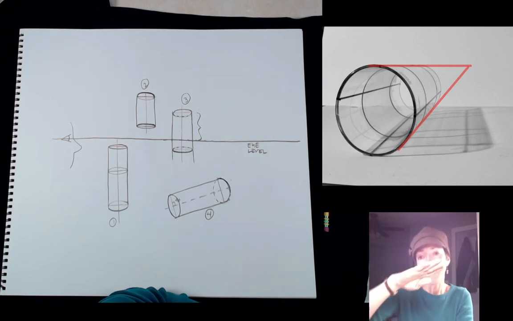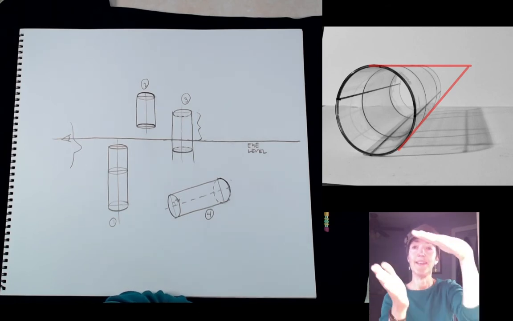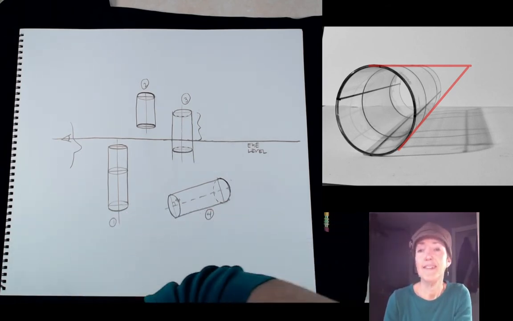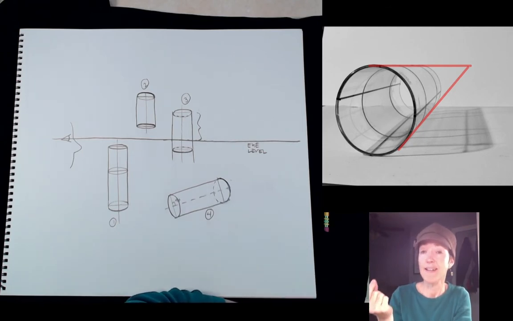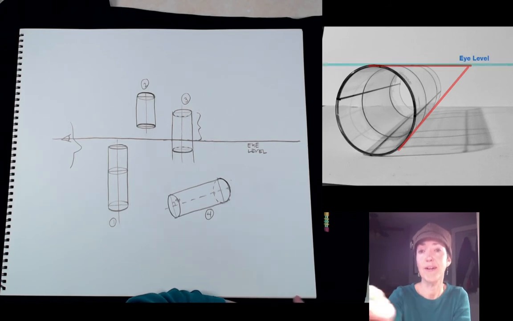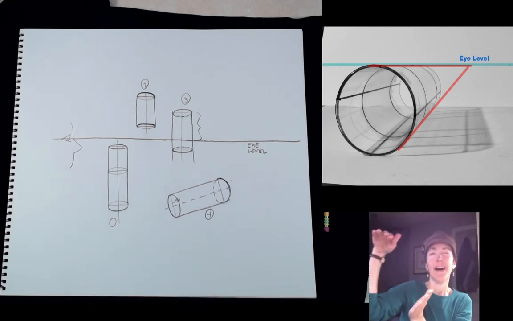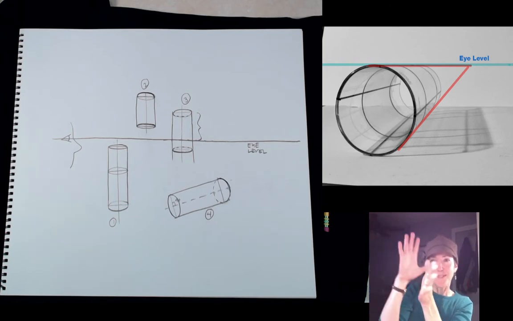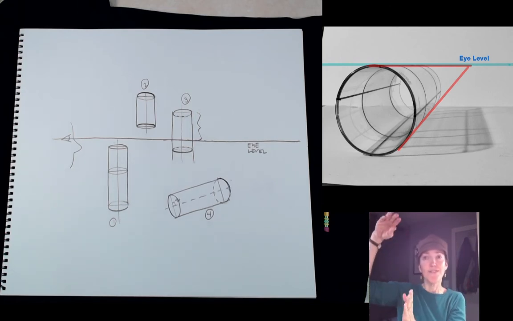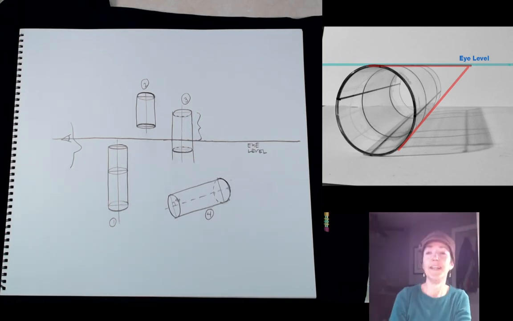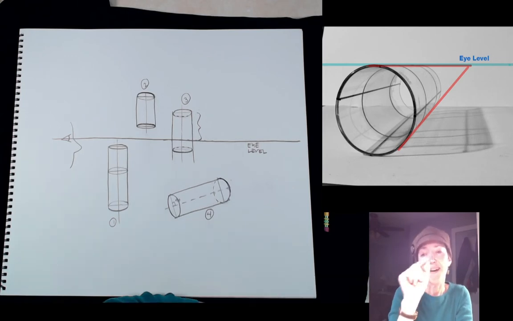So in order to locate my eye level, I just need to extend those converging lines until they meet, and that pinpoints exactly where my eye level is. So I'm going to show you a drawn in eye level line here. So you can do that anytime. When you see a building and it seems like the top of the building and the bottom of the building are merging because you're seeing it in perspective, you can just follow those two lines until they meet, and that locates the artist's eye level. It's a pretty cool trick.